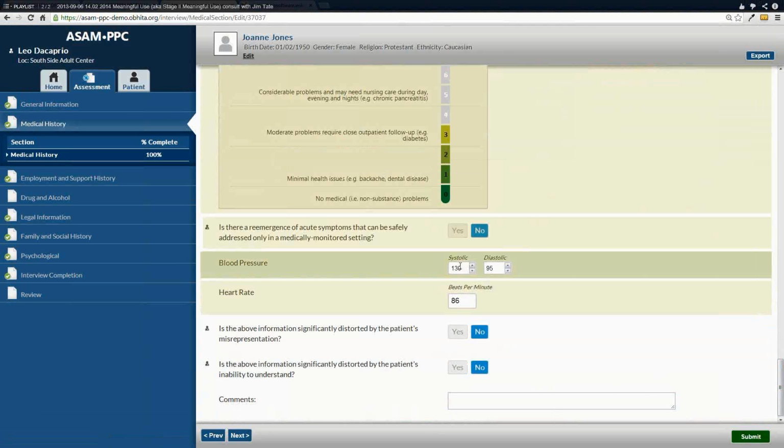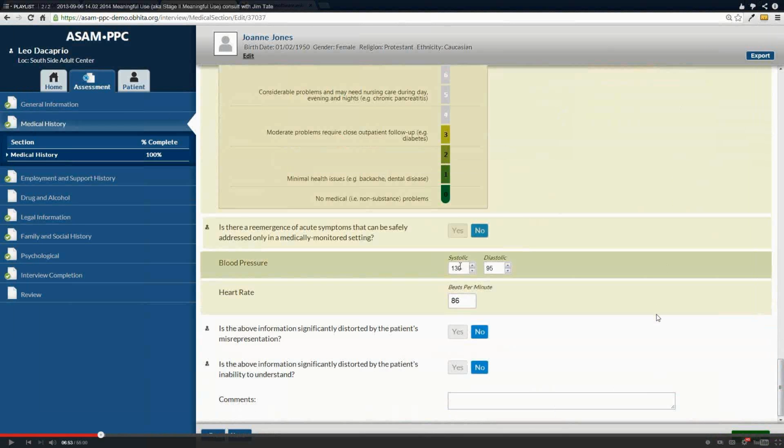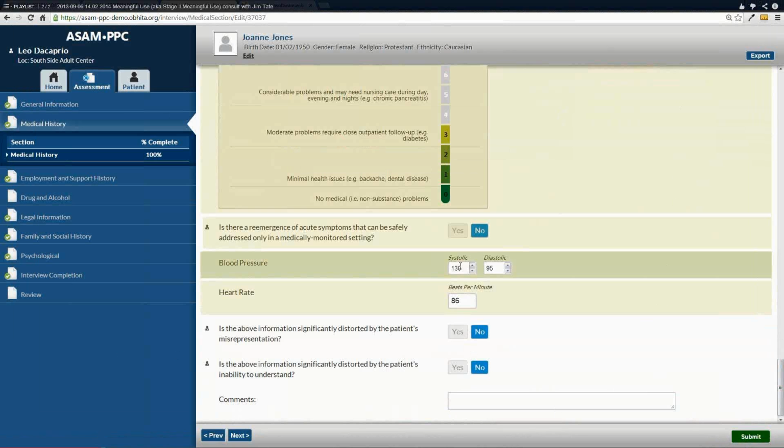No, I'm thinking more like the example that you have here. You have your blood pressure and your heart rate, two structured data elements. I'm just trying to think of clinical decision support based on these two. I might be completely wrong on this, but let's say they have high blood pressure and a low heart rate. That creates some type of problem that they could have. That would pop up,